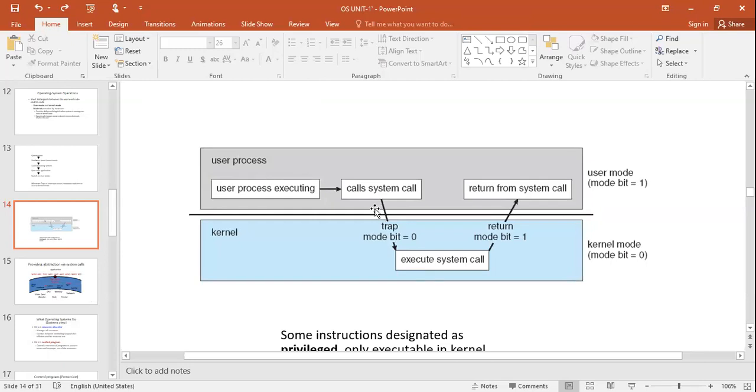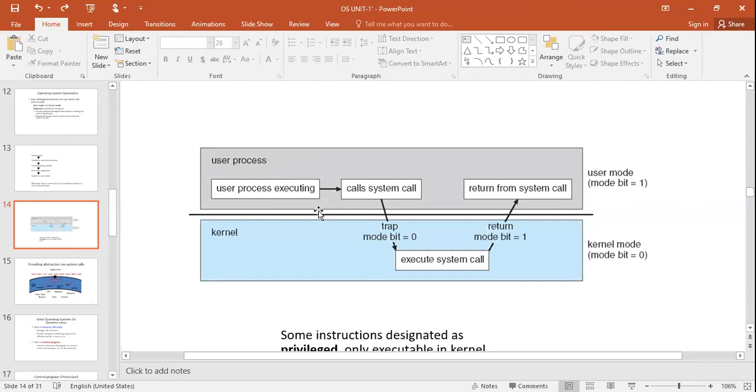Once again, the operating system is responsible for resource allocation, memory management, disk management, and the other services it provides. In order to get any one of these, you need to use a system call via your user program.